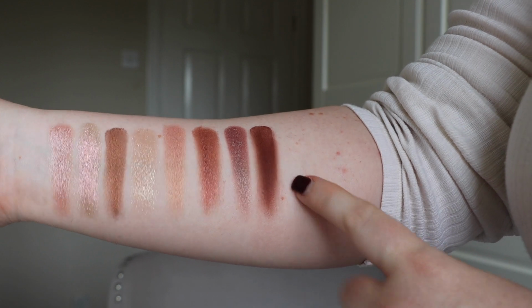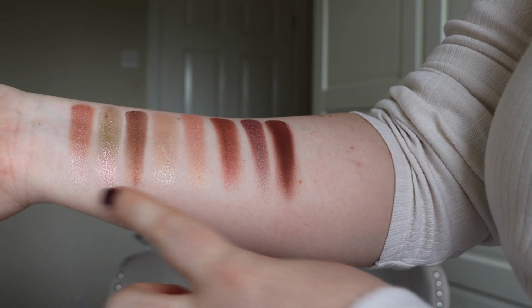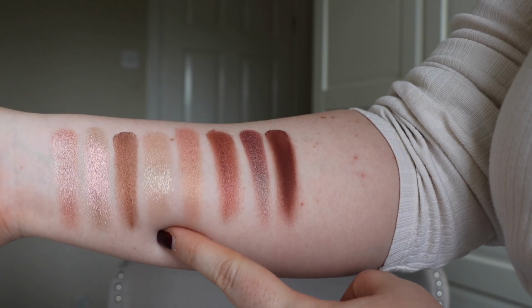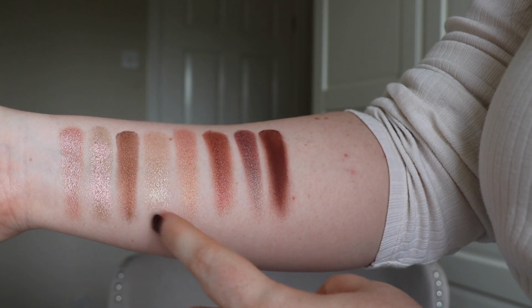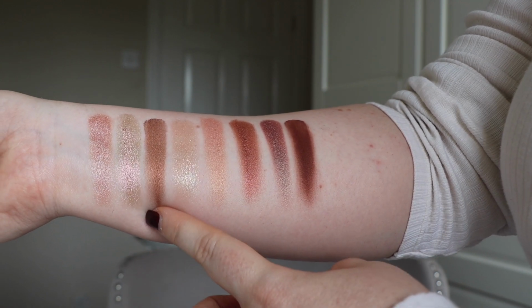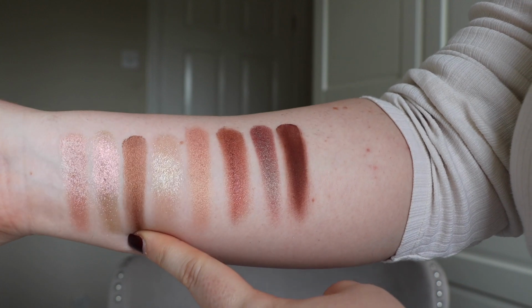one doesn't. Moving on to the Celestial Pearl, which are these four shades here, this is a lot more shimmery, a lot more ethereal looking, beautiful topper shade here, two gorgeous shimmers, and this gorgeous sort of deep taupey colour here. The Celestial Pearl palette is very similar to Star Aura, so I thought I would compare Cosmic Pearl to